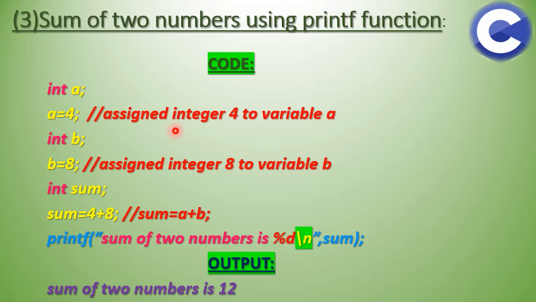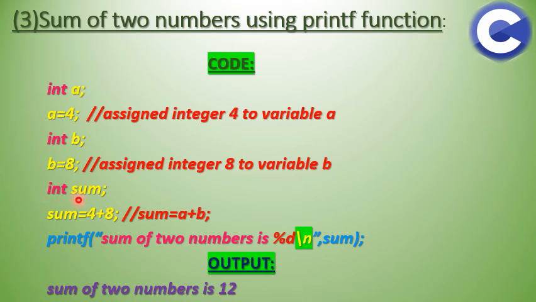If you are not able to understand comments, you can go to my previous video on comments and refer to that. So here what I was saying is that I have declared a variable named a, and I have given it a data type of int, that is integer. So whatever my a will store, it will be of integer data type. Now a is equal to 4. I have assigned my a the value of 4. Then simultaneously I have done the same thing for my variable b. I have declared a variable b of int data type, and I have provided b a value of 8, that is b equals 8. So here my a variable is assigned 4, and b variable is assigned 8.